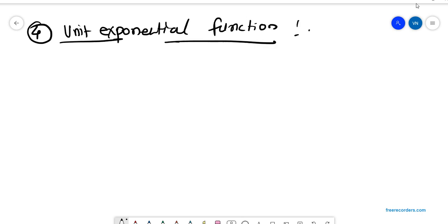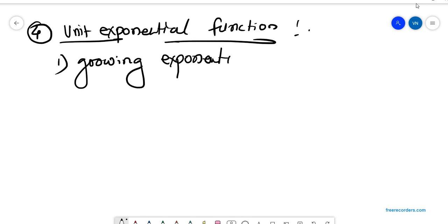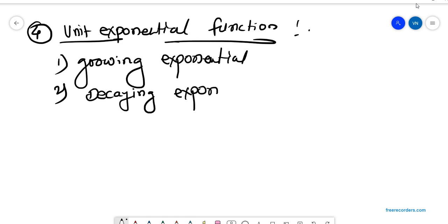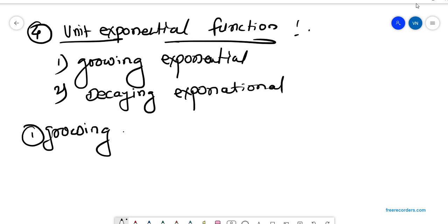The unit exponential function has two subtypes: one is growing exponential and the second one is decaying exponential. Okay, now what is meant by growing exponential? The growing exponential is nothing but,